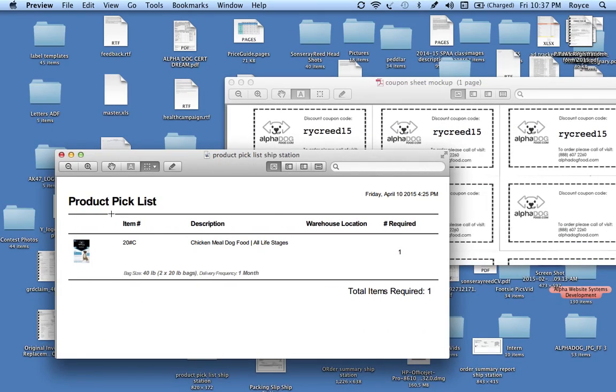And here's the product pick list. See, they all say the item is 1, and we need that to read 2, or be a reflection of how many items that person placed an order for. And again, it's to clarify things for our people at the warehouse who are packing the order. And so my concern is that the information will be sent to ShipStation,